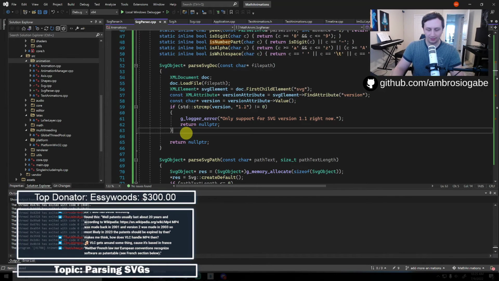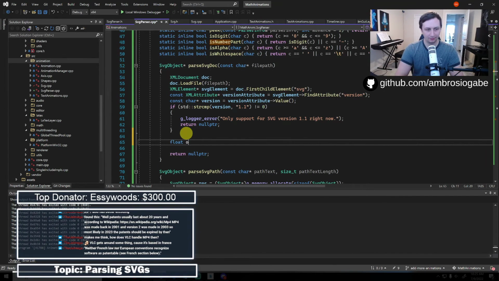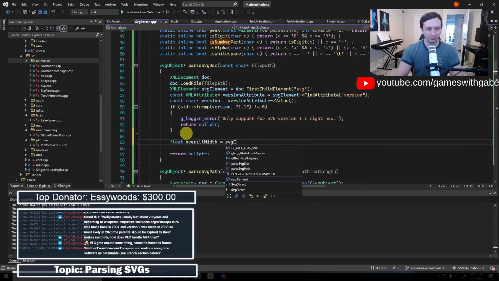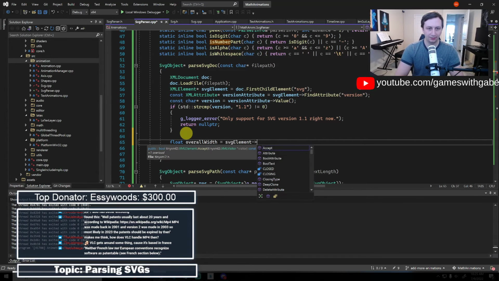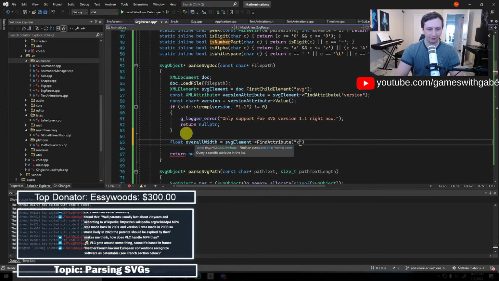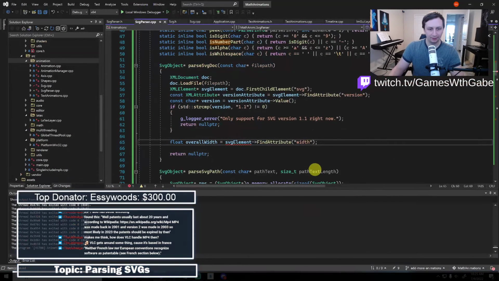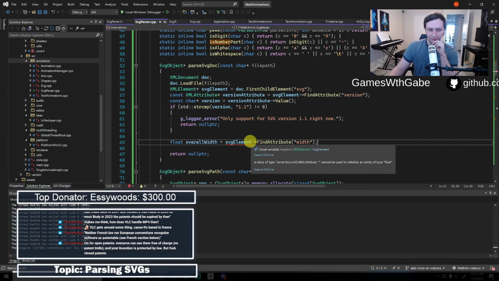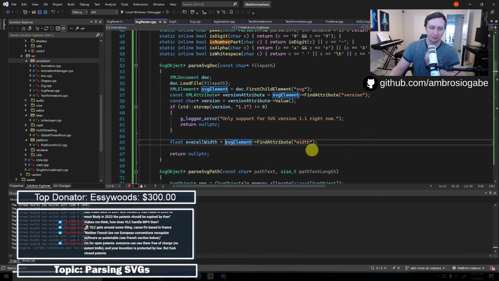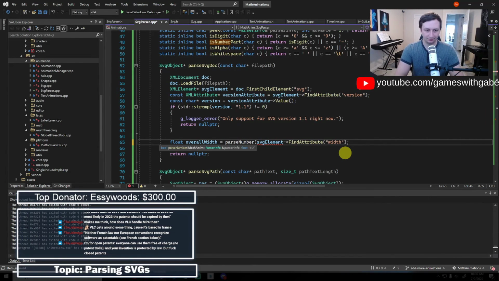Then what we want to do is get the float overallWidth equals that findAttribute, and I guess this would be width, I think is what it called it, right? Yeah, width and height. Okay, and they might have pt in there. So if they have pt in there, we just kind of want to, well, actually what I can do is just say parse number, but I can't quite do that.